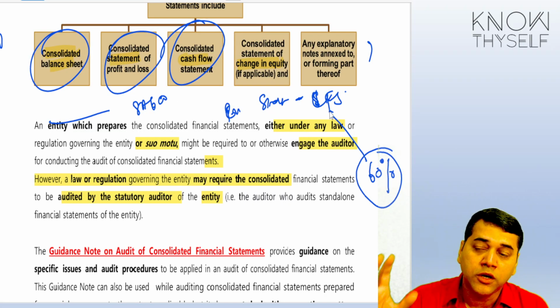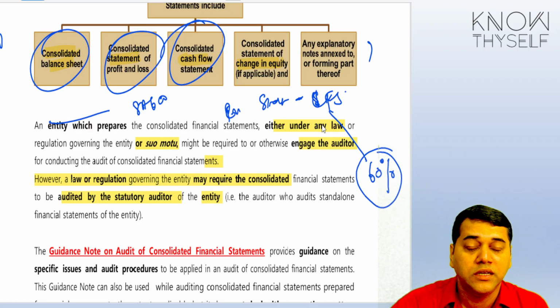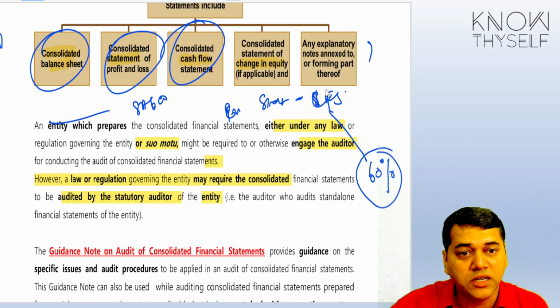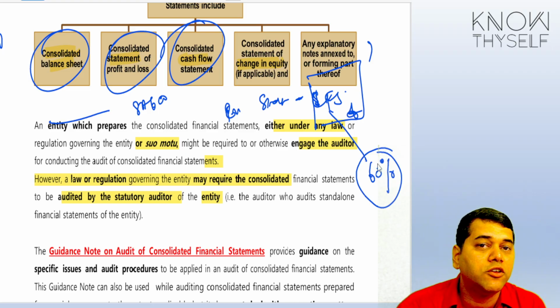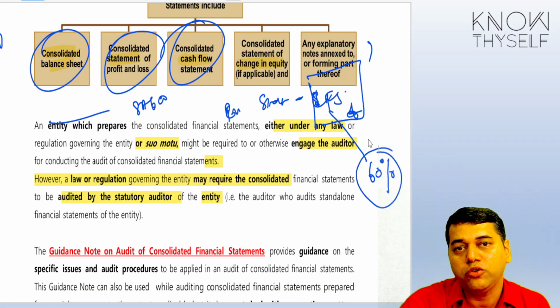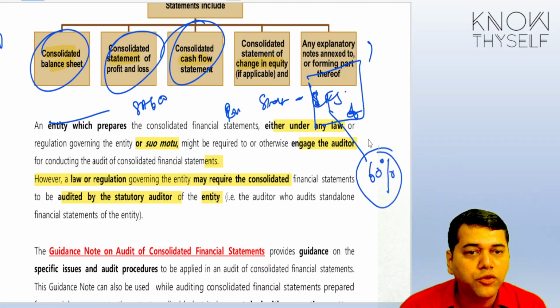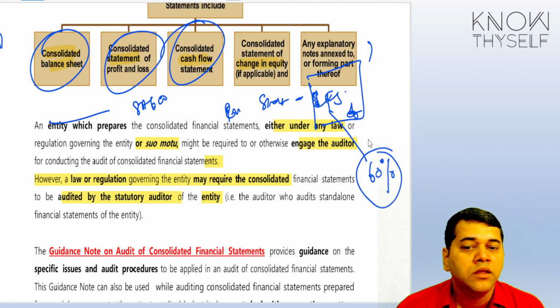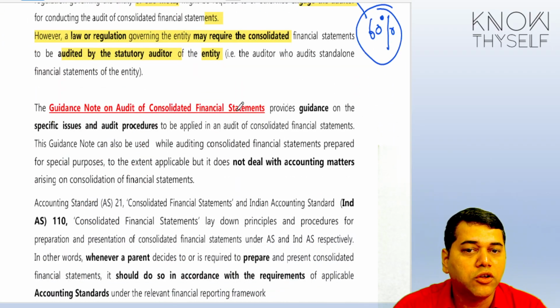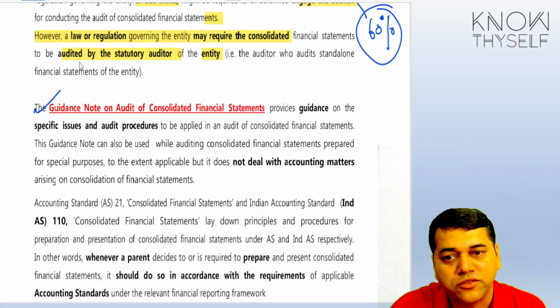So you need to see, do you have knowledge of those subsidiaries? Are those subsidiaries material? Because ultimately, when you express the opinion on the CFS, it is your signature and your opinion. You may say that you didn't do that subsidiary's audit, but that is not going to absolve you from the responsibility for the opinion. So you should follow SA 600 and Ind AS 110. There is a guidance note given on the audit of consolidated financial statements. Now the rest of the language you are going to see is coming from this guidance.